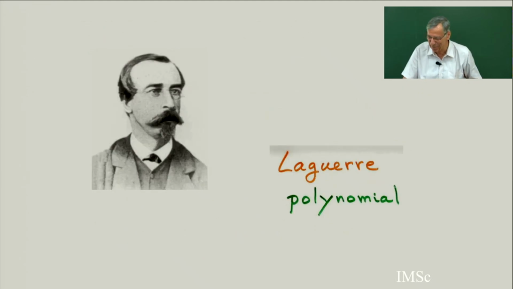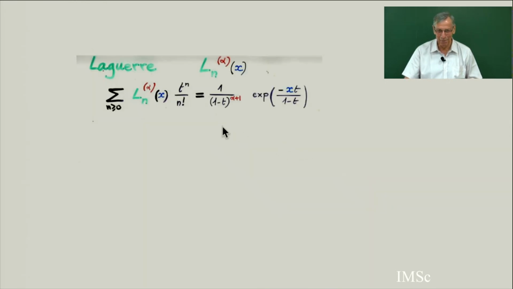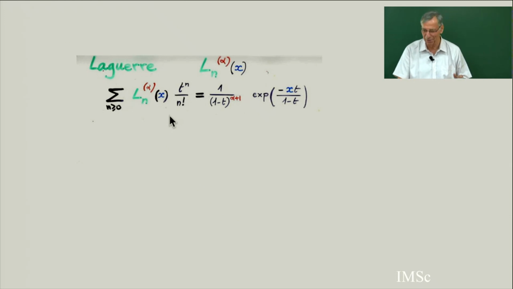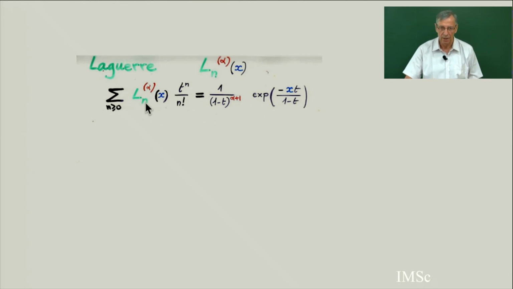Next slide is the Laguerre polynomial, where instead of working with involutions, we work with Laguerre. So the Laguerre polynomial can be defined this way. If you know what an exponential generating function is, I don't recall, but it's from the class two years ago. If you know what an exponential generating function and a product of generating functions are, then this is a possible definition for the Laguerre polynomial. The exponential generating function is the product of these two.